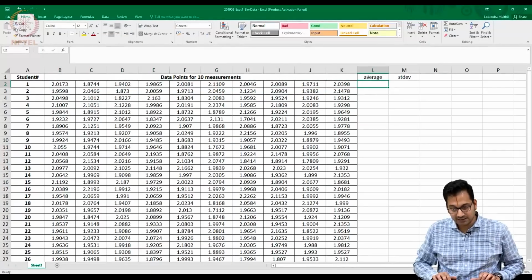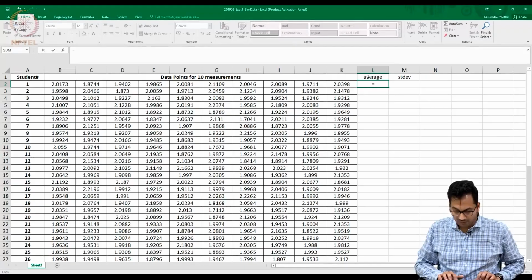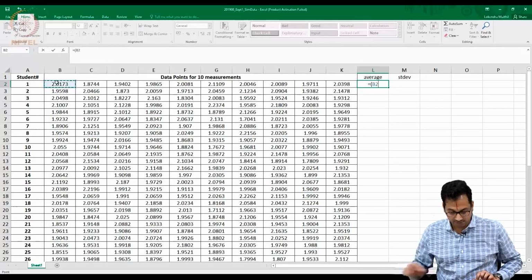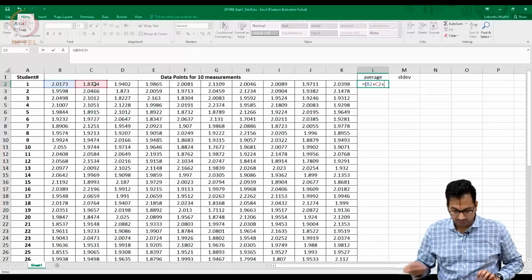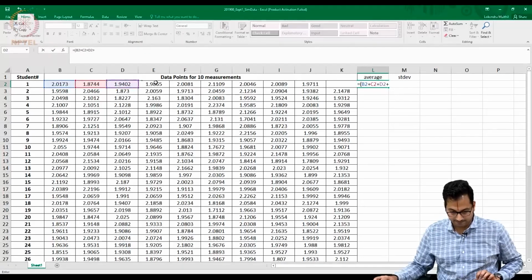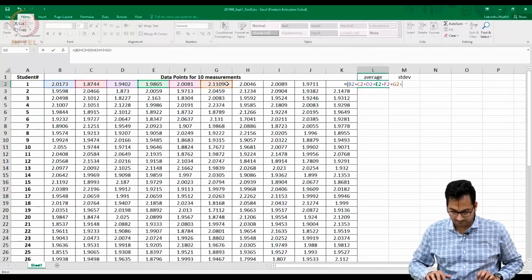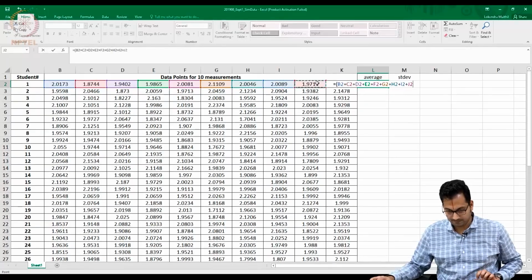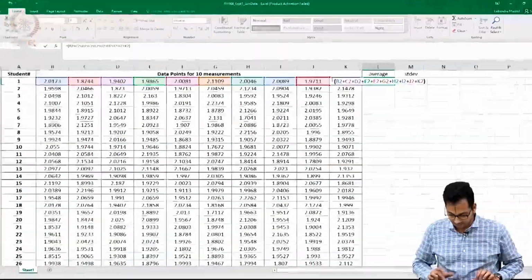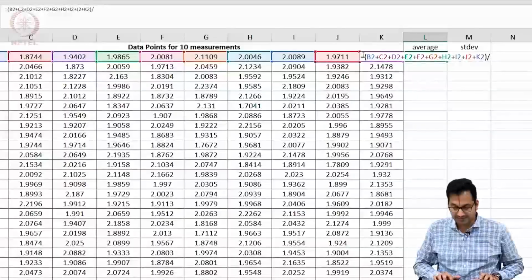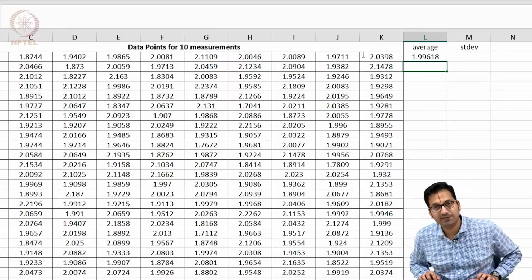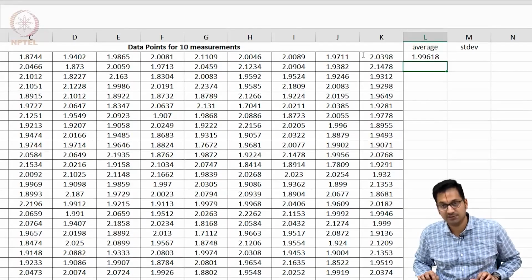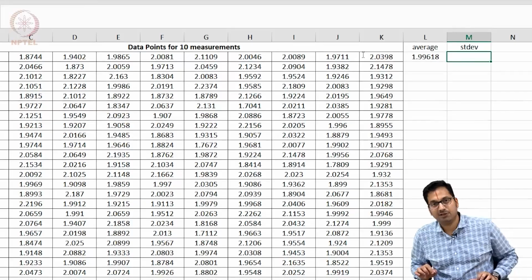So, the average basically is nothing but the sum of each one of these. It can be done by the sum in this fashion, divided by the total number of measurements, in this case 10. So, that will be the average, and you get a number like 1.9962, and the standard deviation of course will